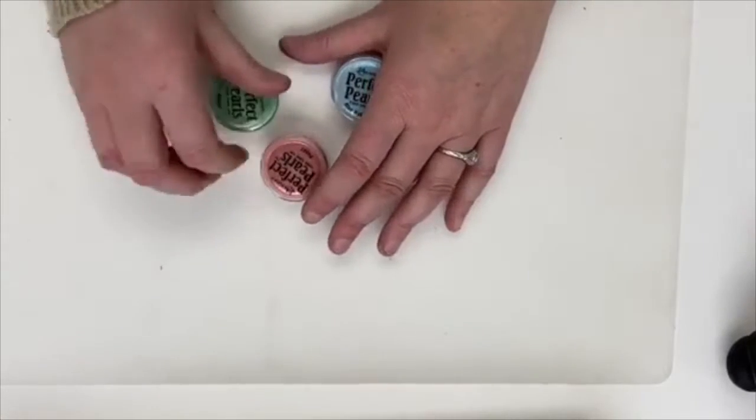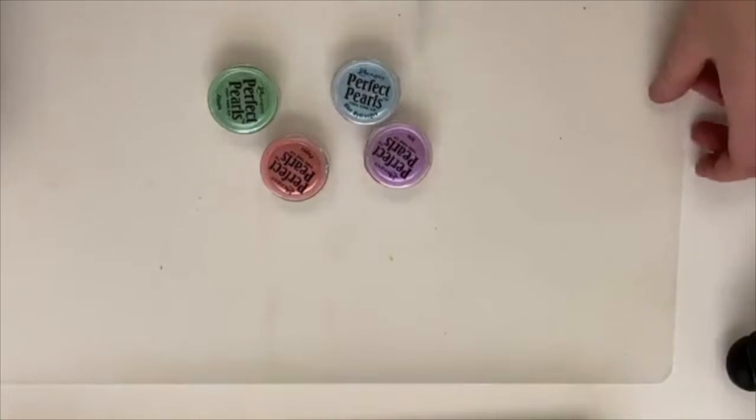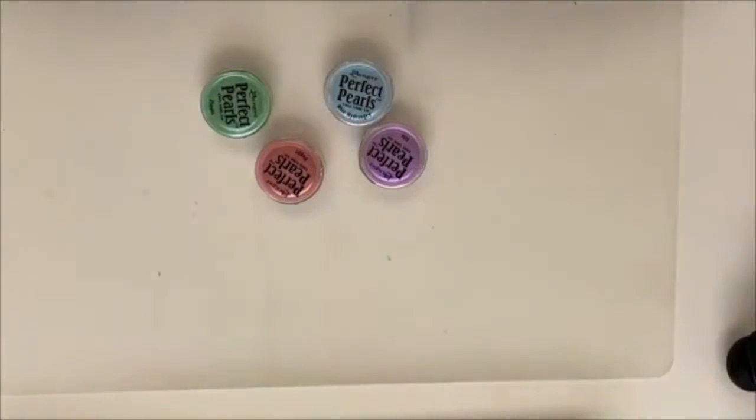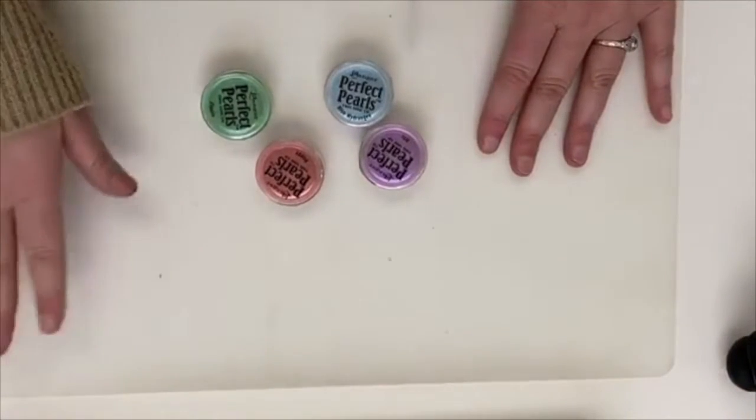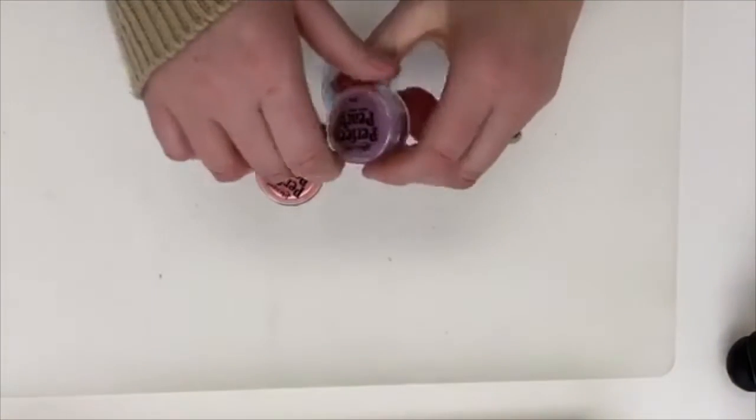And what are Perfect Pearls? So if you are new to Perfect Pearls, or maybe they're in your craft room and you have no idea what to do with them, I hear that a lot. People kind of stash them away and then they're like, oh my gosh, I forgot about Perfect Pearls. Well, Perfect Pearls are a pearlescent pigment powder. They create gorgeous